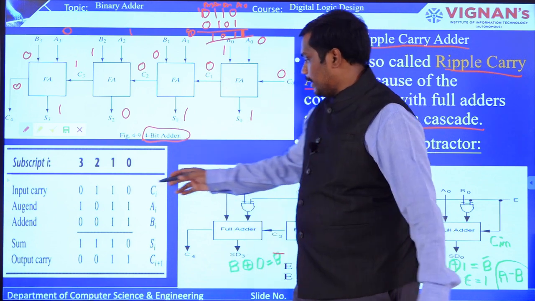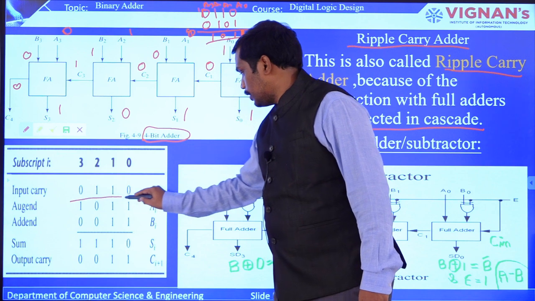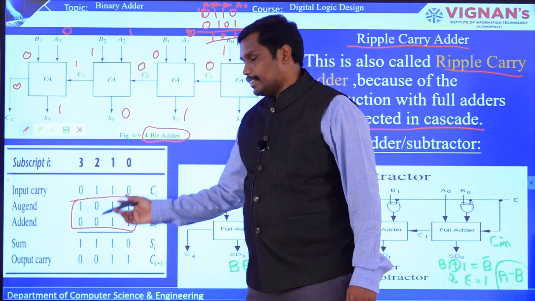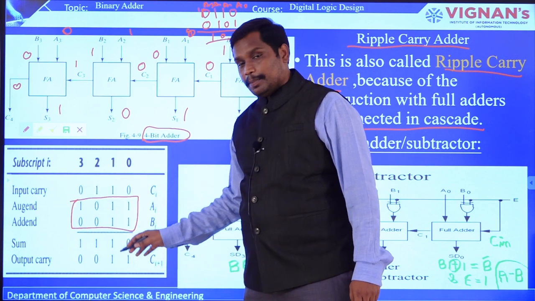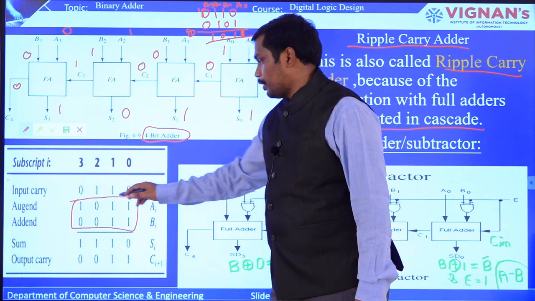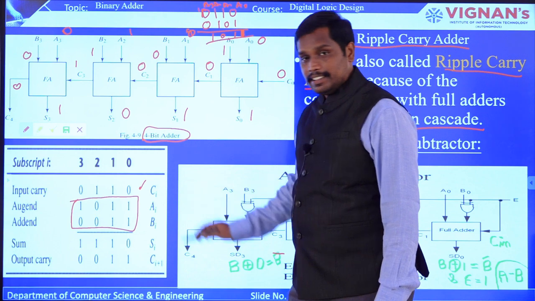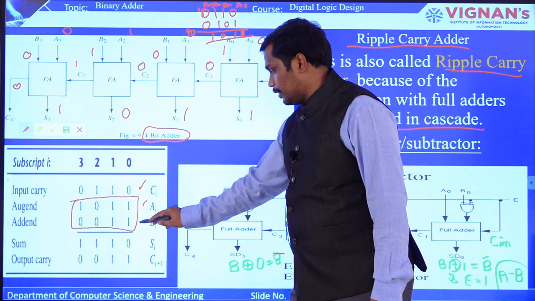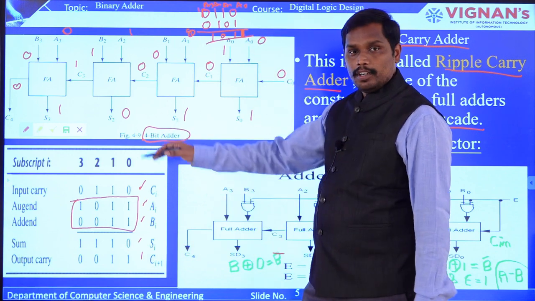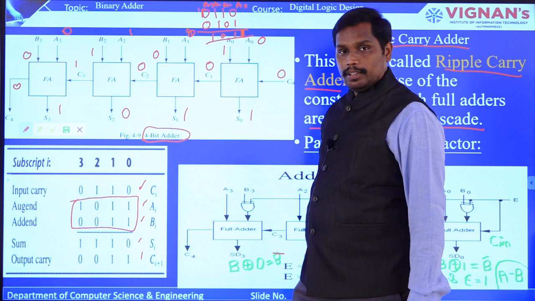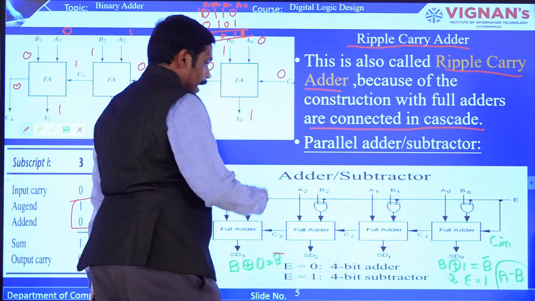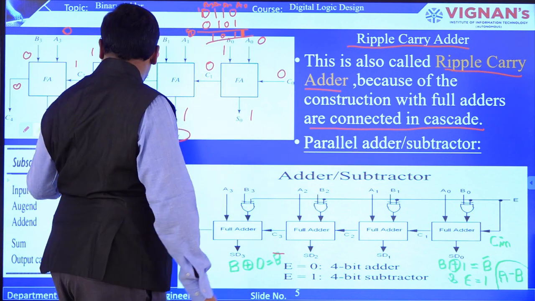So also you can take an example here, where these two are the input variables. He has taken 1 0 1 1 and 0 0 1 1 as the augend and addend, and for this you are going to get a sum and an output carry, and this is the input carry. Okay, so this is the third input, which is C in, and this is the A input and this is the B input, and you are going to get sum and carry. So for this 4-bit adder, it is a small diagram just for reference, right? And now you see this particular adder and subtractor. We will see what is adder and subtractor later.